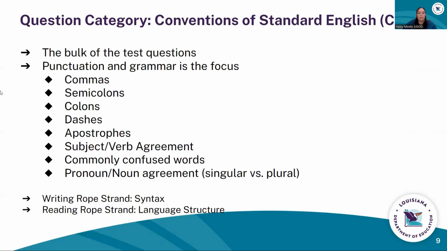So let's go ahead and dive into the actual question categories on the test. The first one we're going to look at is the biggest one, CSE, or Conventions of Standard English. The good news is that the foundational conventions this test is trying to assess are not foreign or uncommon. These are all things that our students need to be able to master in order to be successful communicators via writing. The majority of the test is grammar and punctuation focused questions,